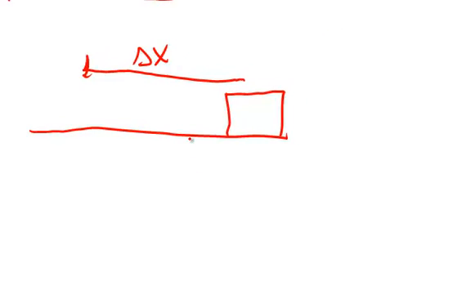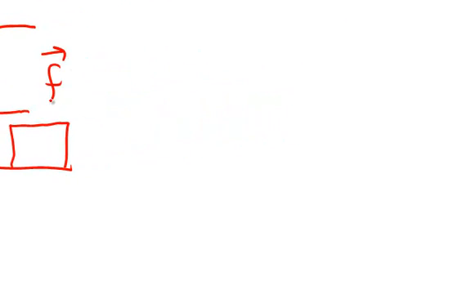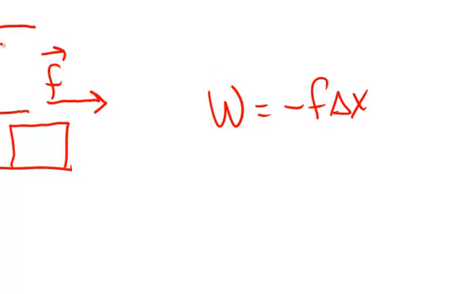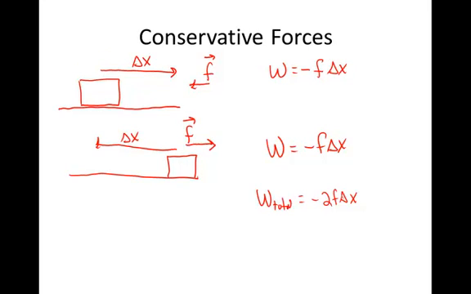So we have our block over here, and let's move it back to our starting position. So we're going to move it back this way, the same distance, delta x, but as we're sliding it this time, the frictional force will have changed directions and will be pointing back this way. So again, the work that we do will be negative F delta x. So the work done round trip, starting here, moving over here and coming back, is going to be negative 2F delta x. So this is an example of a force that has a path-dependent work. An example of one that's not